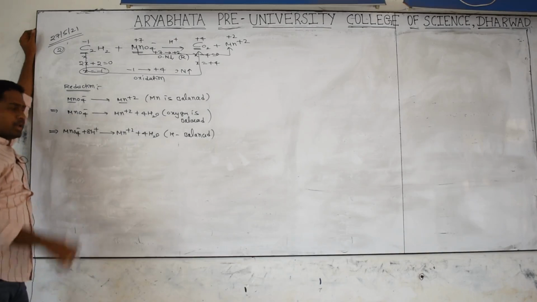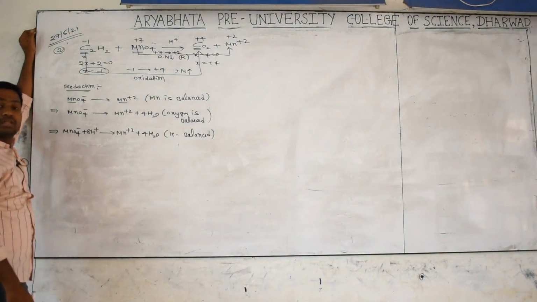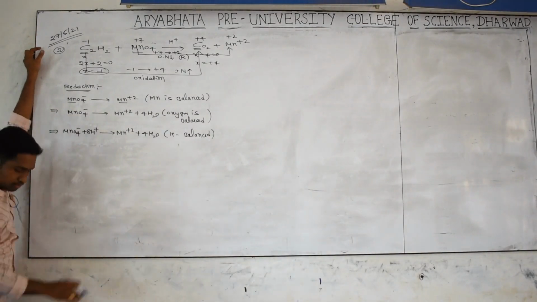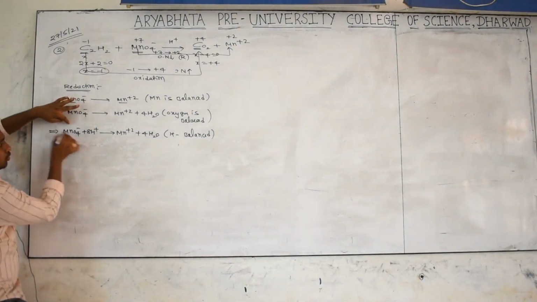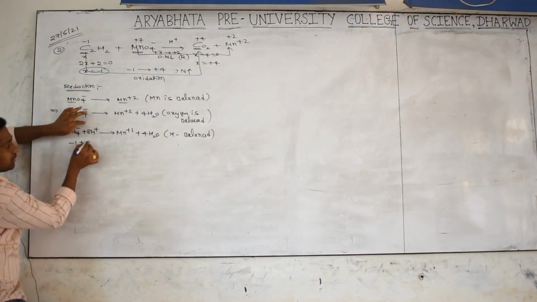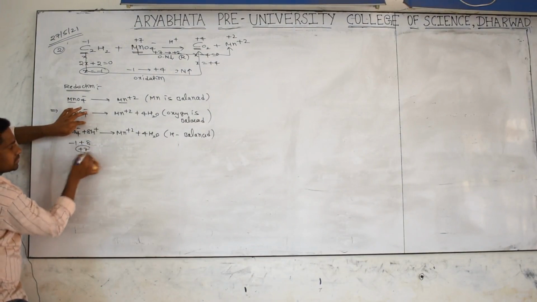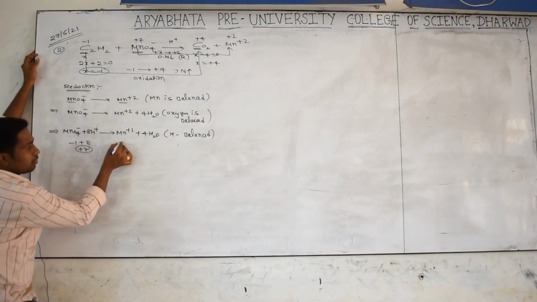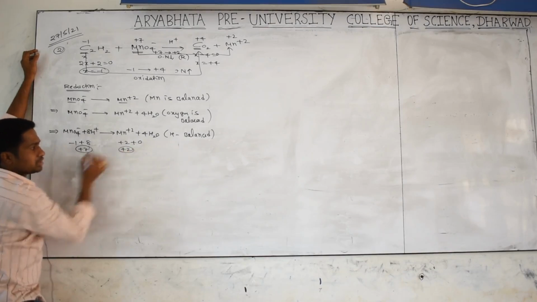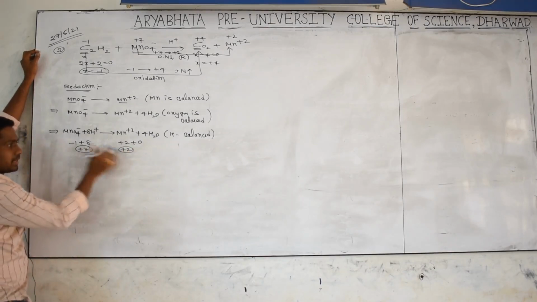Yes. Okay, everything is balanced right now, but we have to balance for charges. Now how to balance is a very important thing. You have to observe carefully. What is the charge on the whole left side? Minus 1. Every hydrogen is plus 1, so 8 hydrogens means plus 8. Together plus 7. On the right side how much? Plus 2, plus water 0. Anyway, plus 2 charge is there. Left side plus 7, right side plus 2.